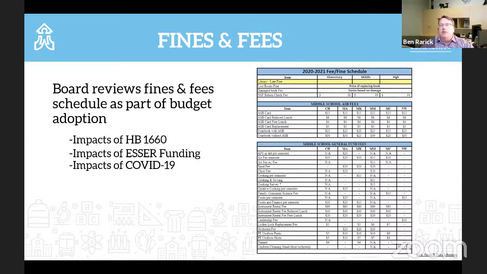And based on our conversation today, one of the things I can do is bring some hard proposals, instead of talking about it in concept, like option A, option B, option C, what could we do? Because it's been a very decentralized process over a very long period of time. But ultimately, at the end of the day, individual schools or individual employees in schools don't have the legal authority to decide about fees. That is something that a school district does. So good discussion.